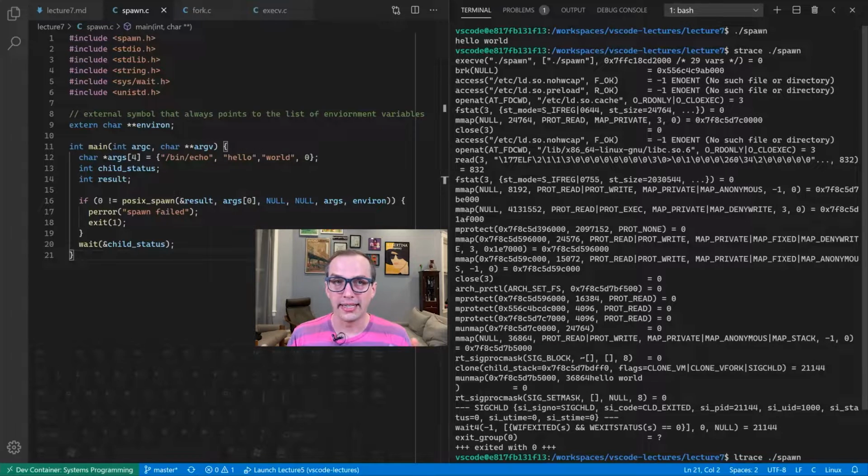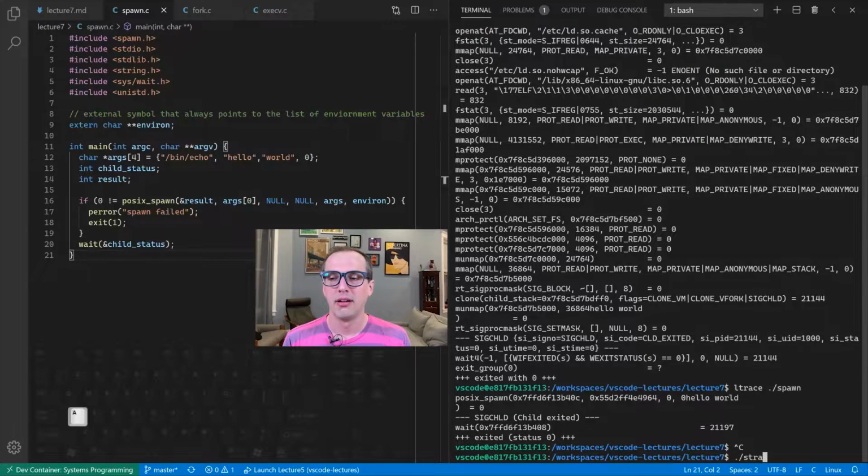So that clone call is something we're going to see a little bit later on. Suffice it to say, for now, this is a way to create a brand new process, but in a very flexible way. Now, the tricky part about what we're looking at here is that we're only seeing one half of it, because when we were stracing,